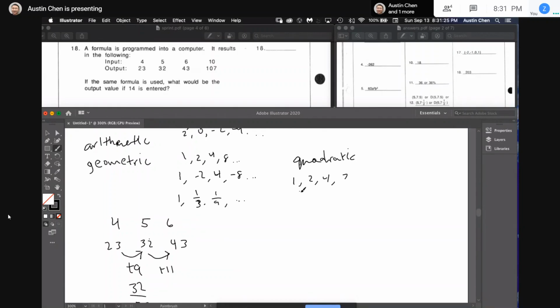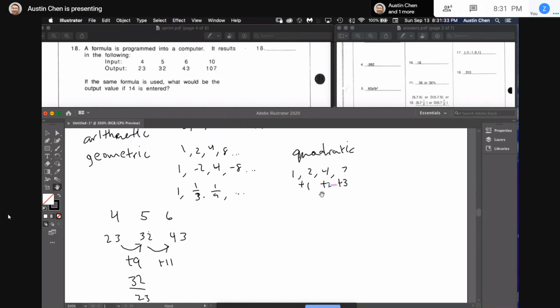So you're adding 1, and then you're adding 2, and then you're adding 3. And then so your terms,